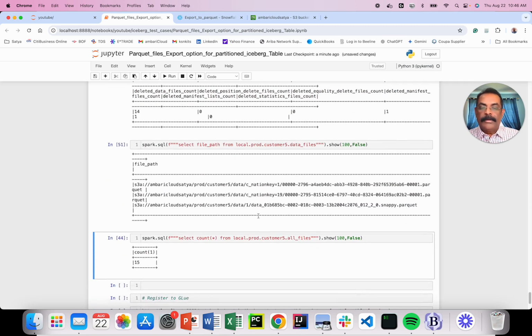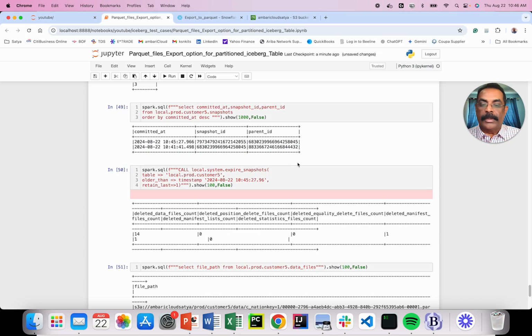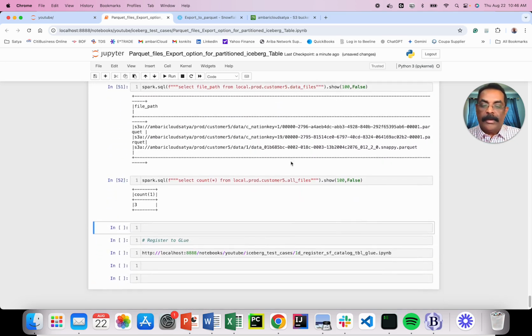Now if you look at here, there is still one file dangling here. Maybe we need to look at all files. Yeah, there's still a file. This file is not getting merged, but we may have to look for another rewrite again. Anyhow, coming back to the whole goal: how to convert a Snowflake table into an Openhouse Iceberg table,